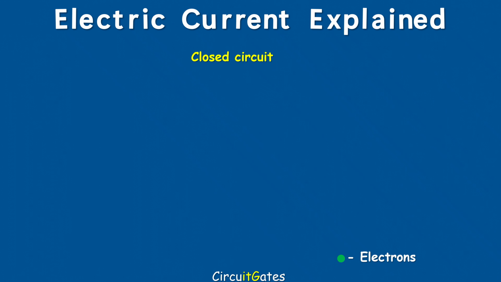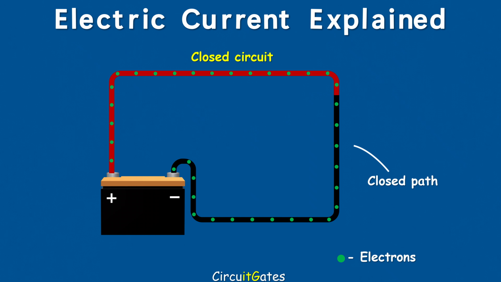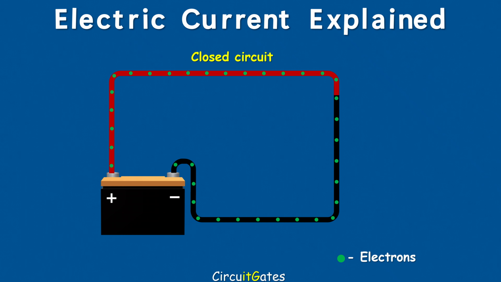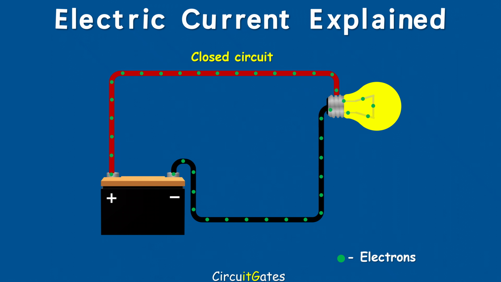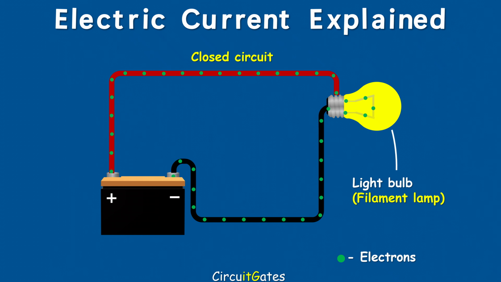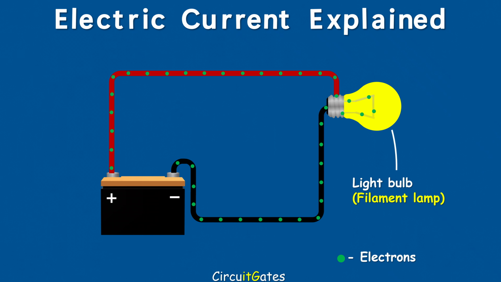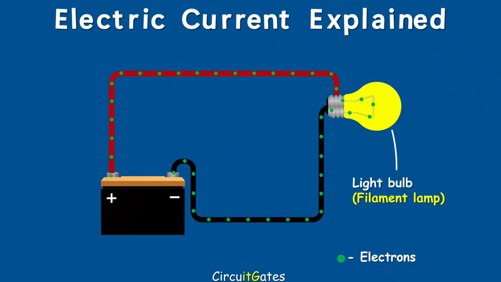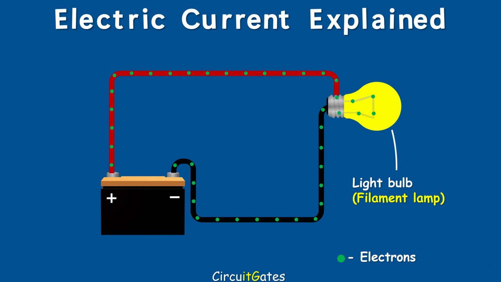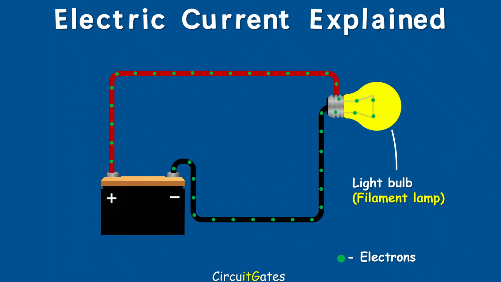A closed circuit is when there is a complete connection between the negative and the positive side of the energy source. Electrons will then follow the path flowing from negative to positive. Electrical components such as lamps are placed along the path so that electrons pass through them. When electrons pass through electrical components, the material making up the components will start to behave in another way which we want in electrical. For example, this filament lamp, when electrons pass through it, the filament heats up and produces